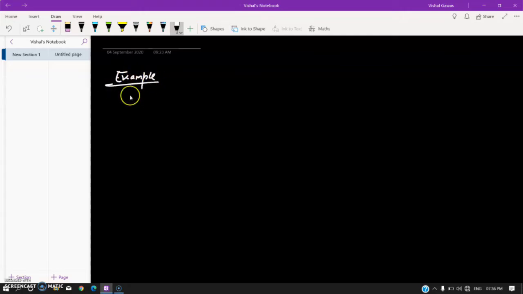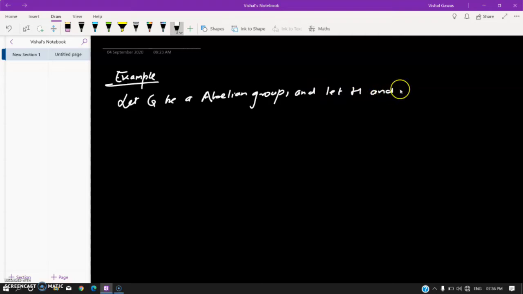Okay, so what we have is: let G be an abelian group, and let H and K be two subgroups of G. Right? Then